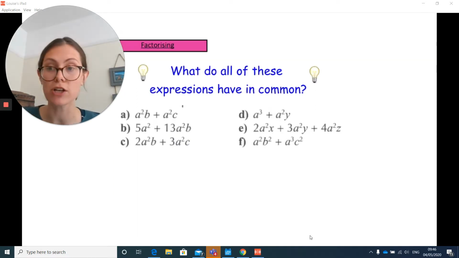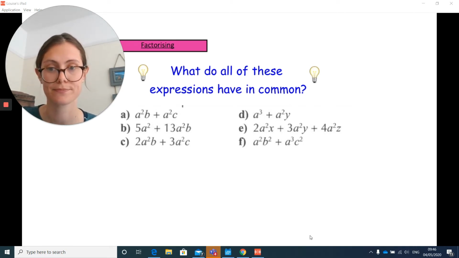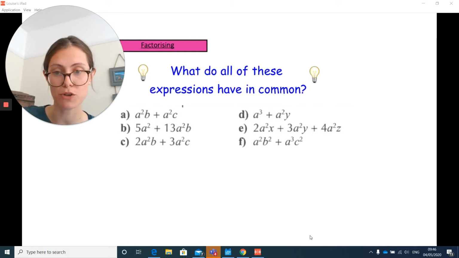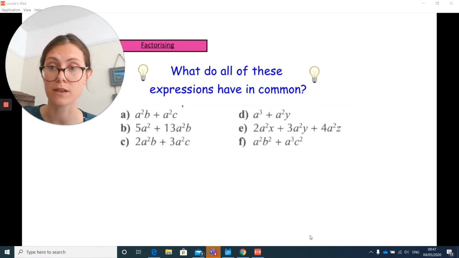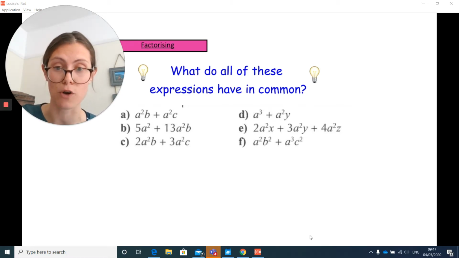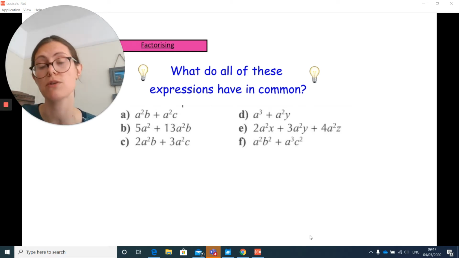So if we have a look at these expressions you've got on the screen, I want you to have a look at the expressions and think, what can you see that's common across every single one of these expressions? So hopefully what you're noticing is in every single one of these expressions, we have some component of A. A is involved in every single one of these expressions, and that's what factorising is going to allow us to do. It's going to enable us to look at a question and take out any common factors,